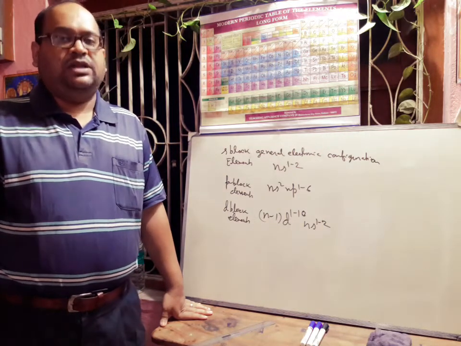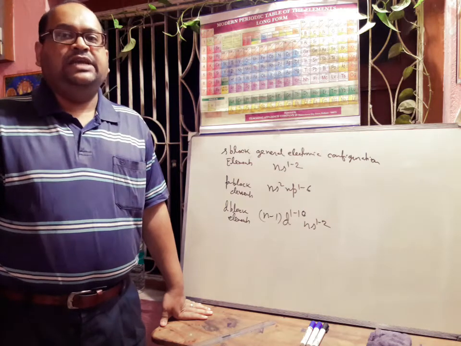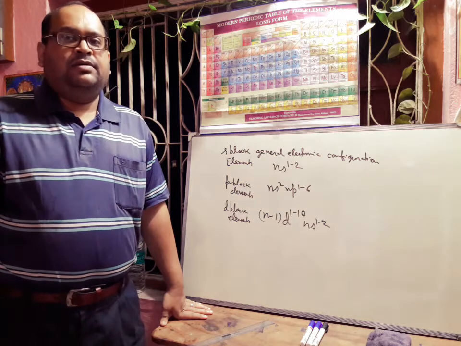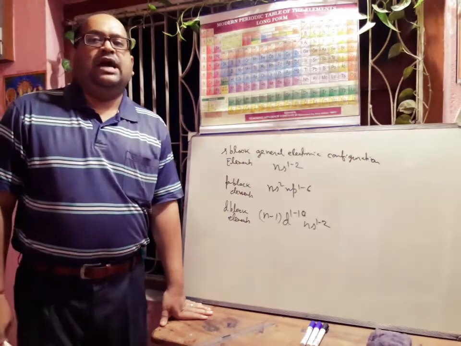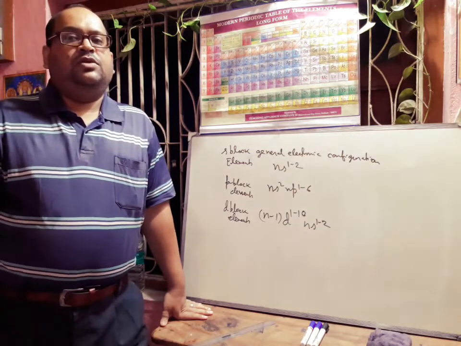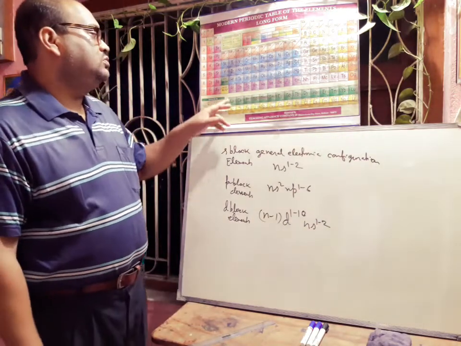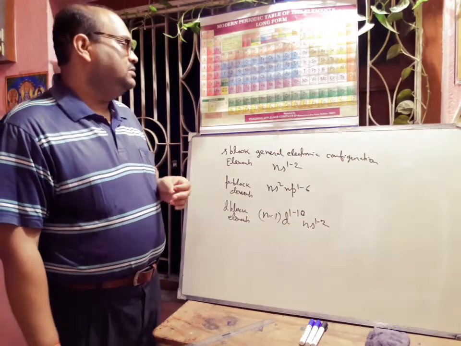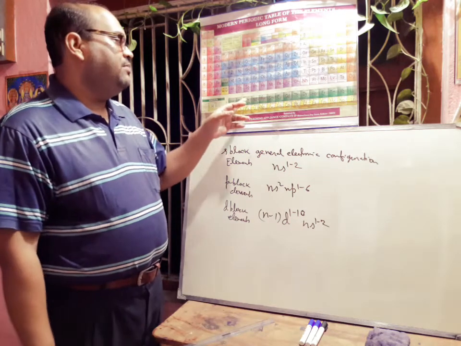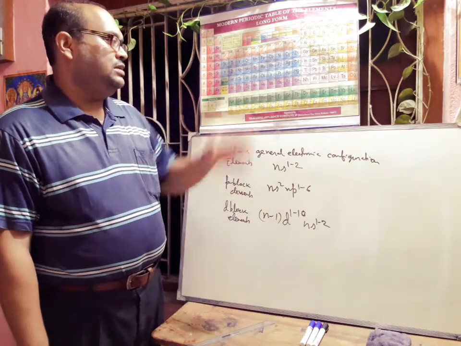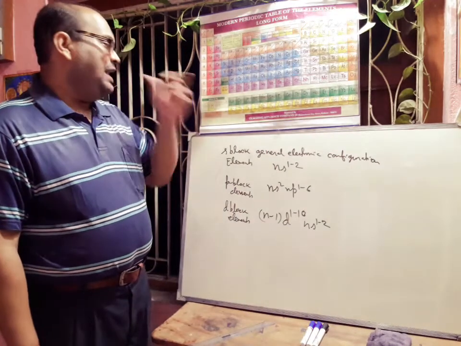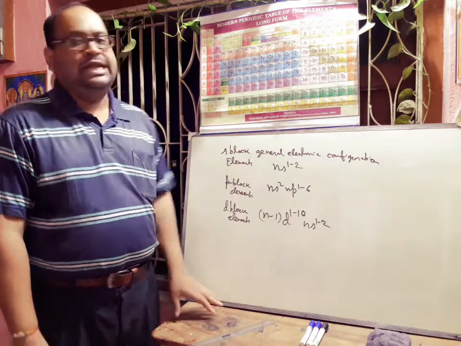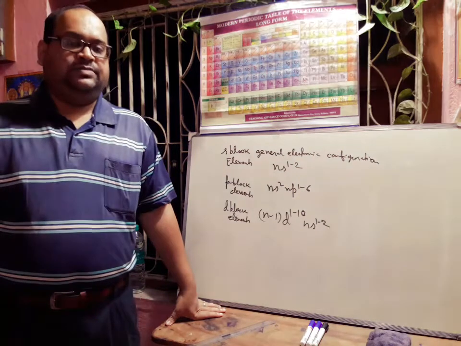Next we will discuss the f block elements. Those elements in which the last electron enters into the f subshell of the antepenultimate main energy level are called f block elements. We can think about these two f block series. They are situated just at the bottom of the periodic table. We can think about cerium, promethium, samarium, all are lanthanides, and here thorium, protactinium, uranium, neptunium, these are called actinides. So these are f block elements.